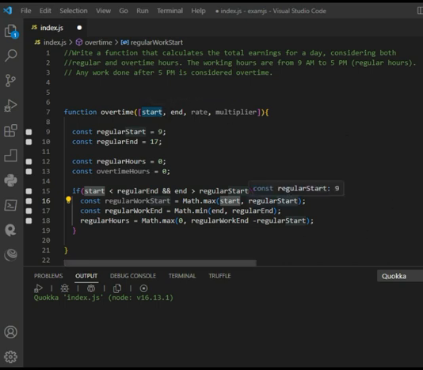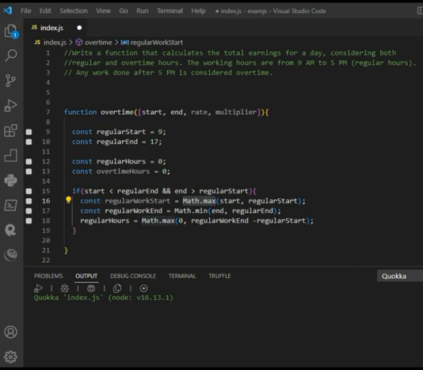Regular start is the start time of the regular work hour, which is 9 a.m. And this native JavaScript function Math.max is used to guarantee that the regular work period does not start before 9 a.m. regardless of where the actual work period starts,